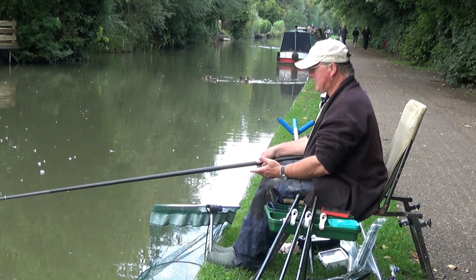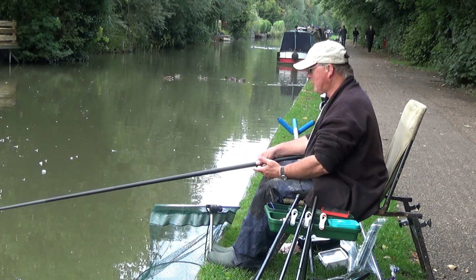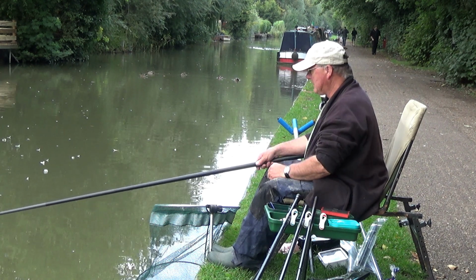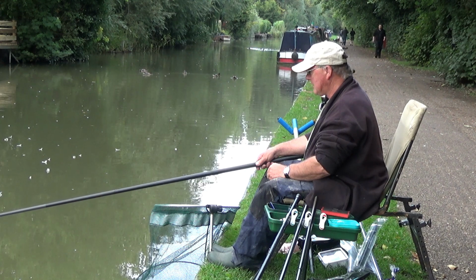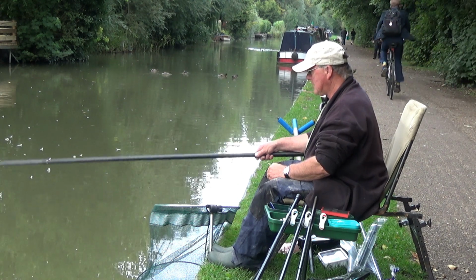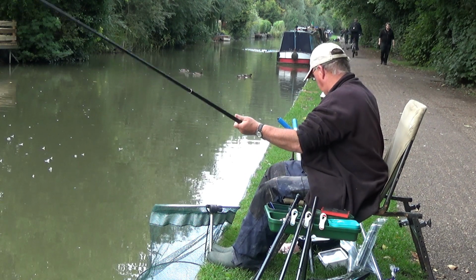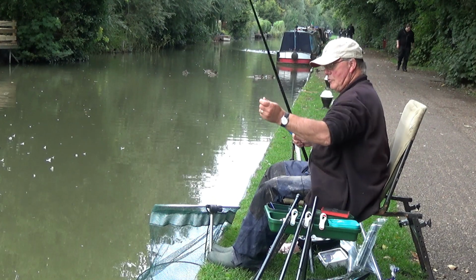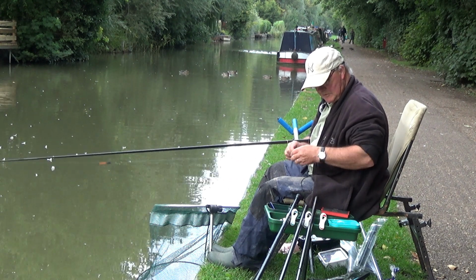And how about this? This is 3 sections on a pole, and I've caught 2 really good fish and 3 small ones in what, 20 minutes? If that. Well, that was a bit of a fast bite, so I'm going to just try it again. That was probably a small fish, so